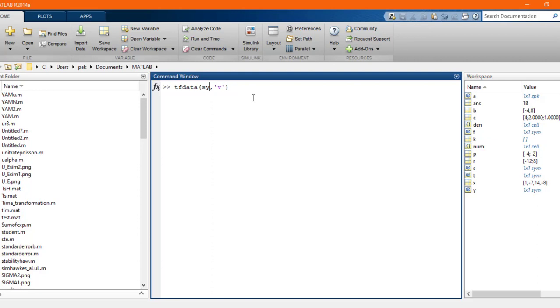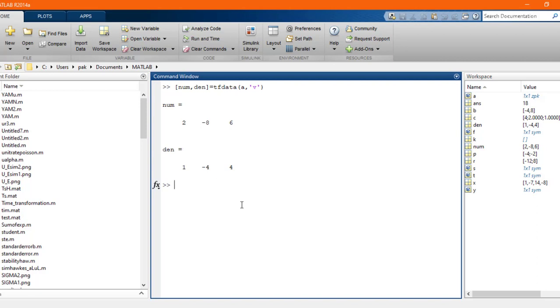Here you will write the name, which was A for our ZPK model. So I'll extract the numerator and denominator from here in square brackets, and here it is. I'll just press enter, and you can see that the numerator and the denominator have been extracted